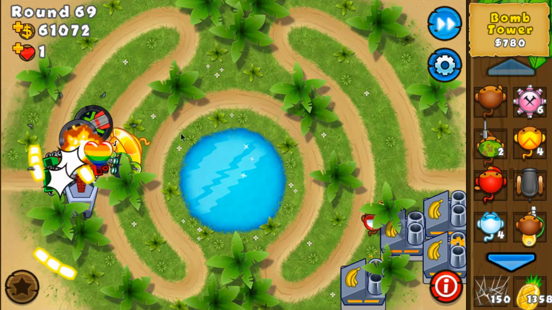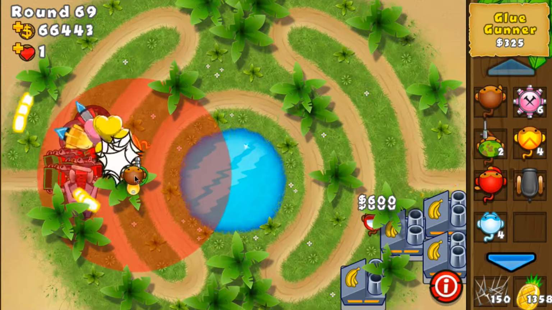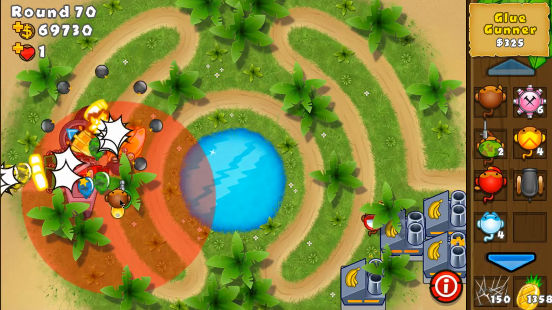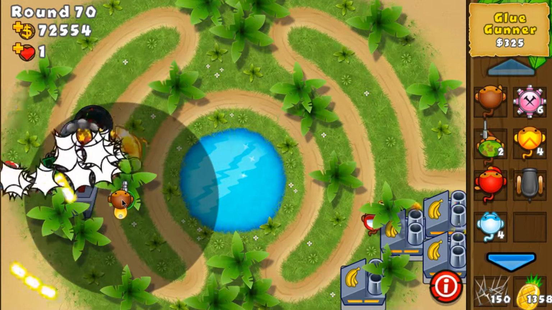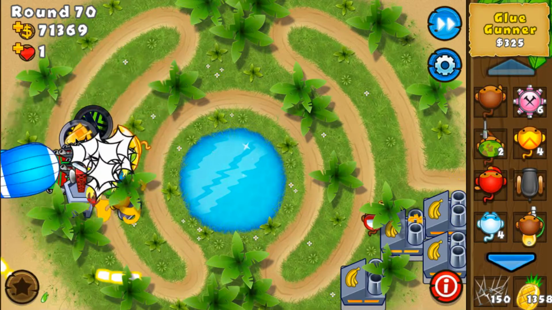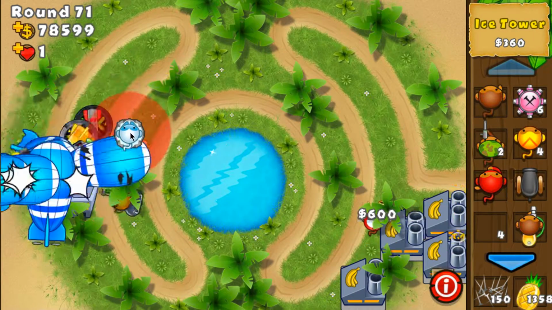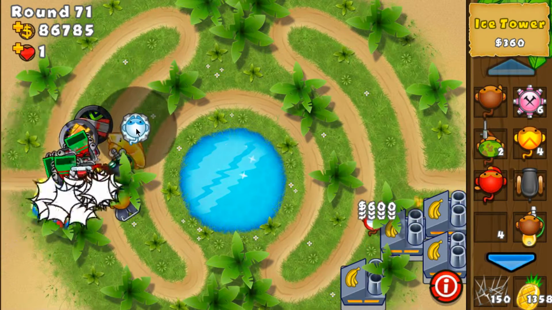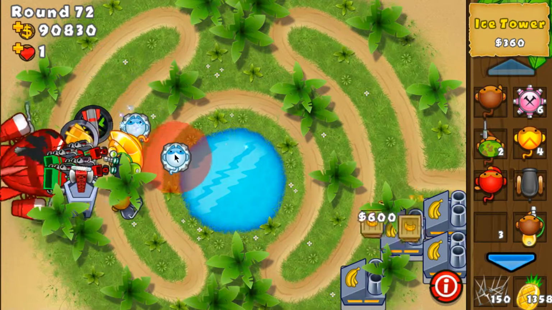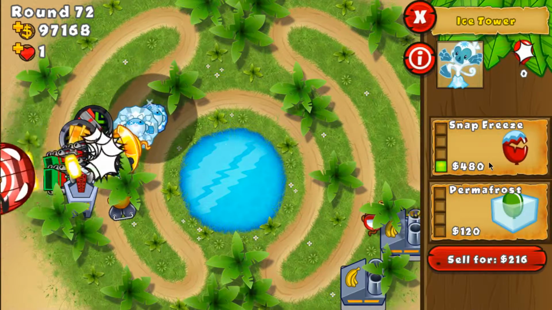power for the temple is just get every tower like 2-3 and 3-2. So for example, here I have a glue gunner, a 4-2 in this case, so I'm gonna get just another one, 2-3, and that's it. So that's enough for the glue. For the bomb I did the same, and now I'm gonna just place the ice towers and the wizards, and that should complete the, yeah, whatever, it's the same. So 2-3 and 3-2,